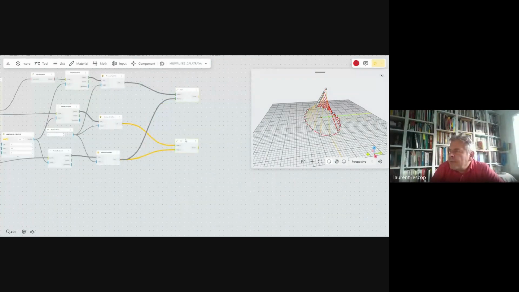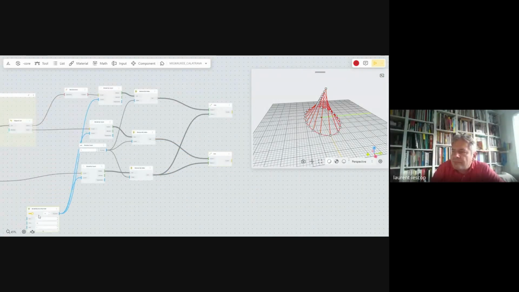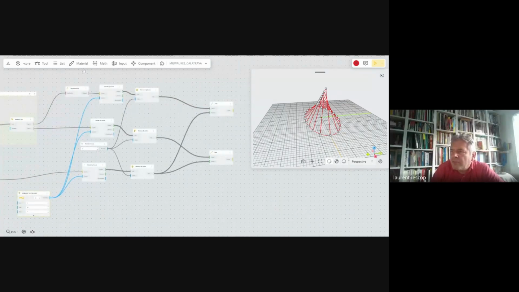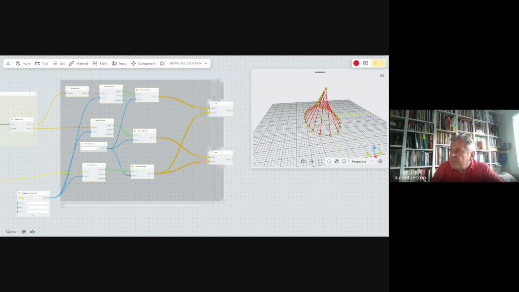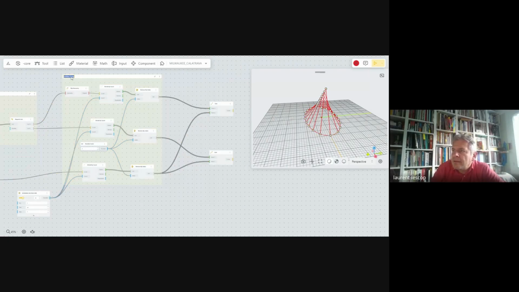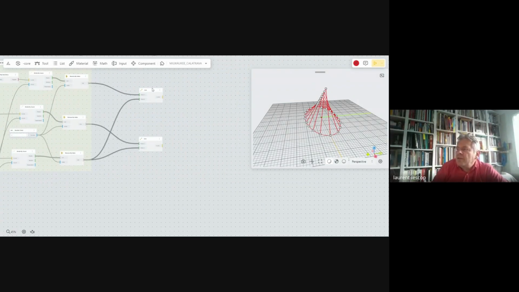So this skeleton, I need it because it's going to be the number of bones. I will keep that in a group, saying preparing skeleton. Okay, and this is going to be my bones.